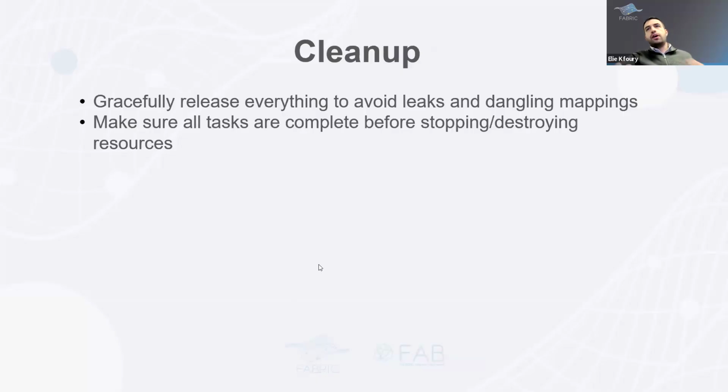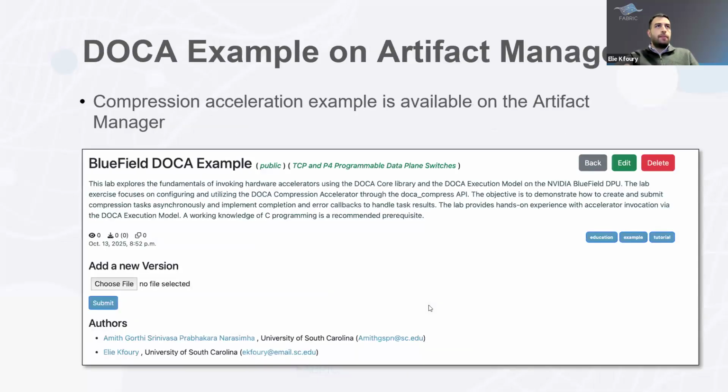And finally, after you're done, you have to make sure that you release everything so that you avoid leaks and dangling mappings. Again, there are some functions that you can call to actually do that for you. There's an example available on the artifact manager for compression, exactly what we were talking about. And I will shift to the